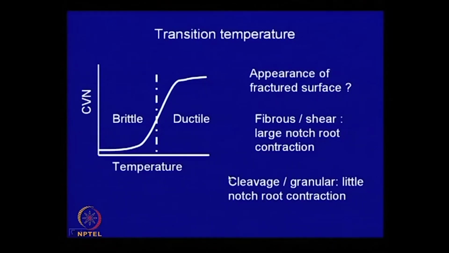Now, steel has a very important characteristic. Many of these failures of steel structures have taken place in a brittle manner. We all know about the failure of the Titanic ship, which failed when it went to a region where it struck an iceberg. So, basically the temperature was very low. At low temperature, in many instances steel structures have failed in a brittle manner in a fraction of a second, leading to a lot of